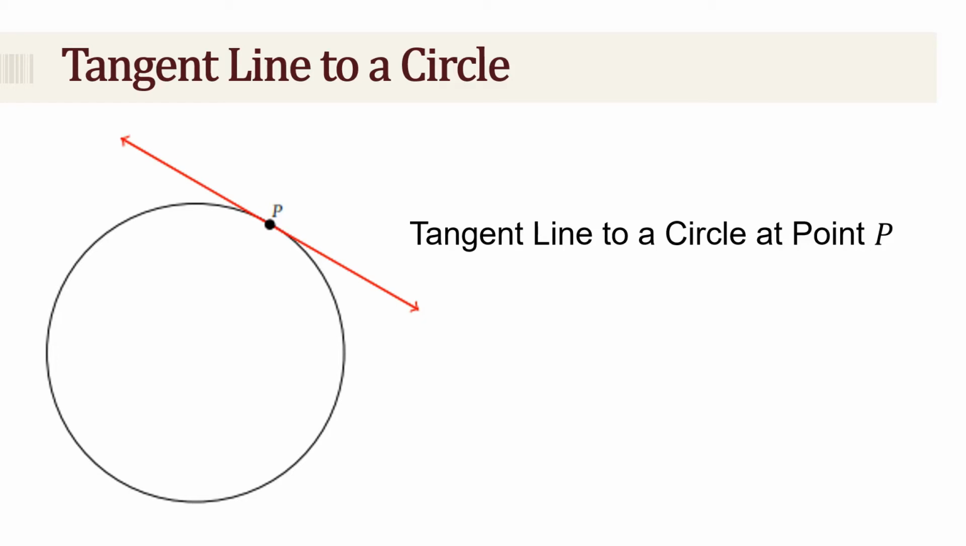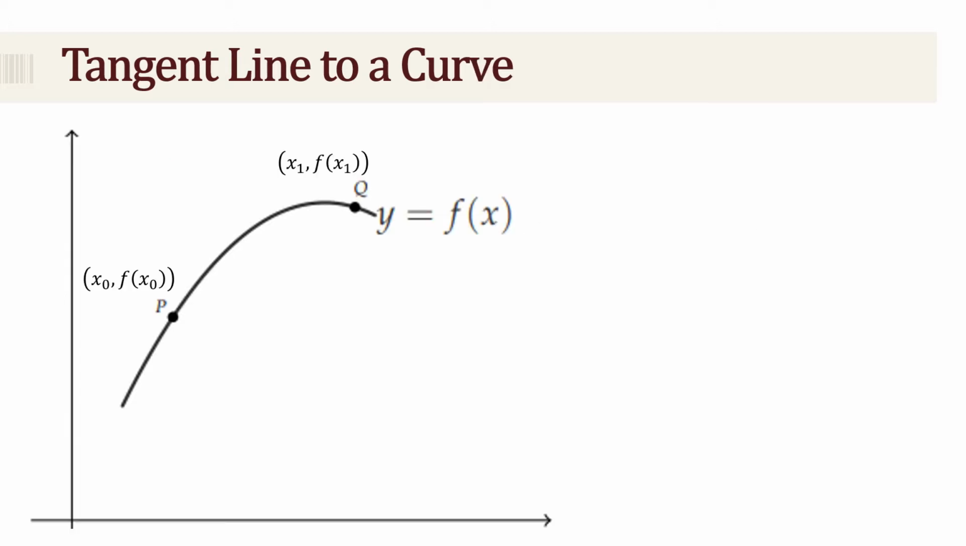We know that the tangent line to a circle at point P is the red line that intersects the circle at exactly one point. So how about the tangent line to a curve? Let's consider this function. So we have y is equal to f of x, and consider the 2 points P and Q